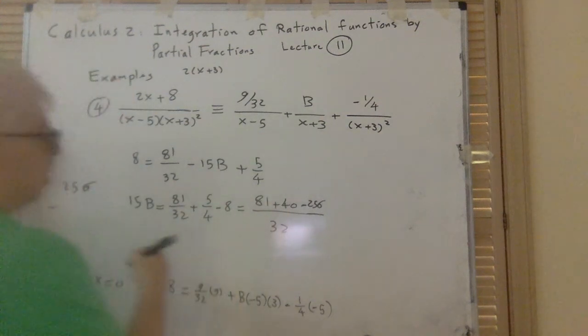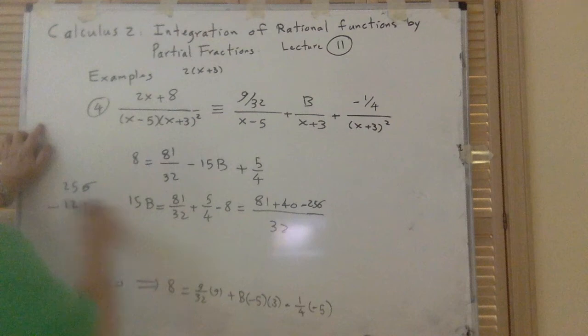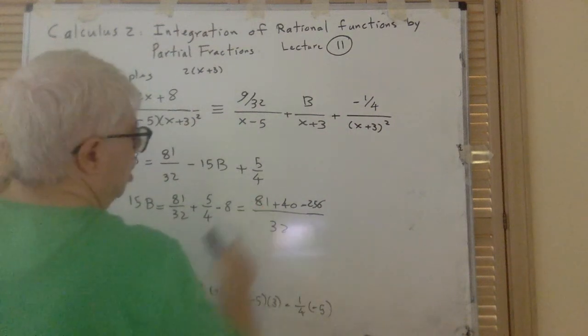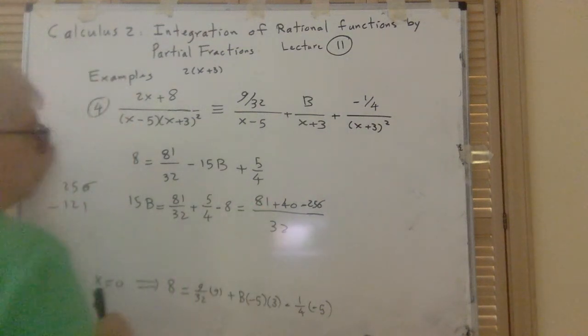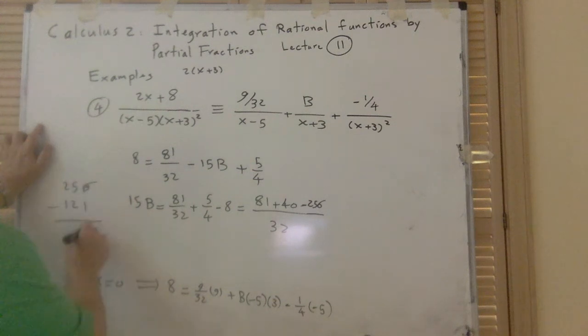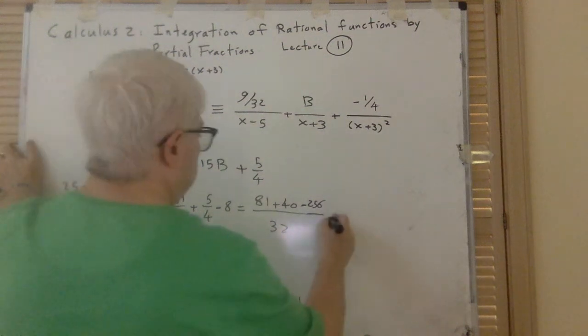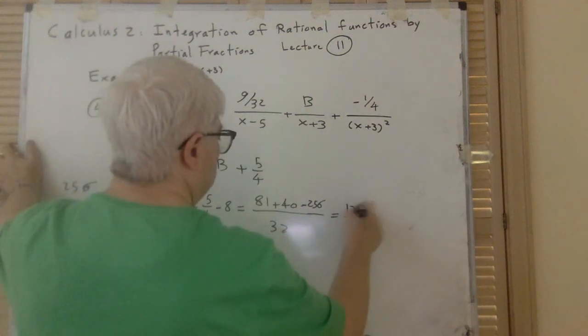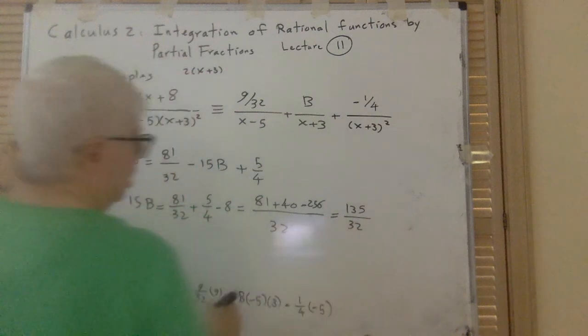Minus 121, is it? 121, right. And I have 5 here, and I have 3 here, 135. So that is 135 over 32, and